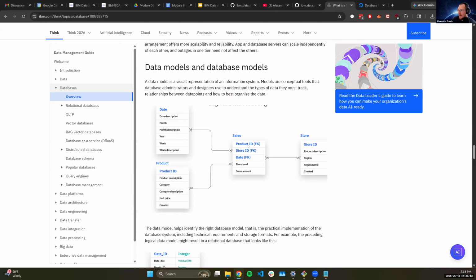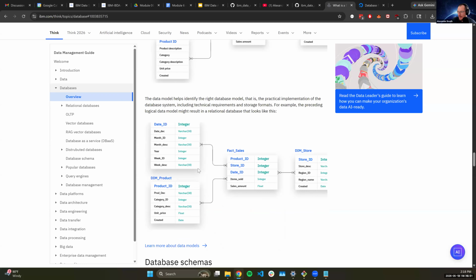It looks something like this. Here we see we have our sales, product ID, we have to join to product, and we get the product description. Store, we can join that to the store table, get the store region, etc. Maybe date, we can get better descriptions about the dates of the items sold from the date table. And we end up with all these dimensions and fact tables. That's going to be something that you're going to hear a lot.